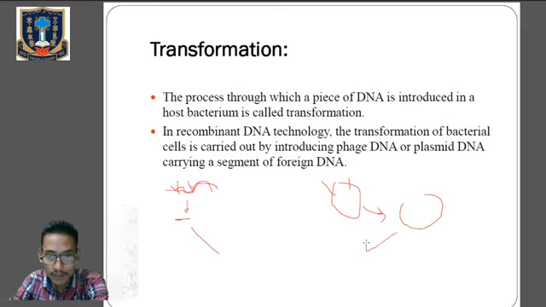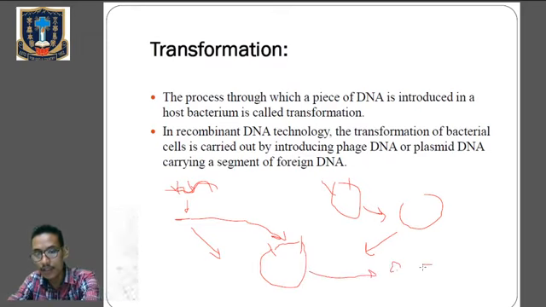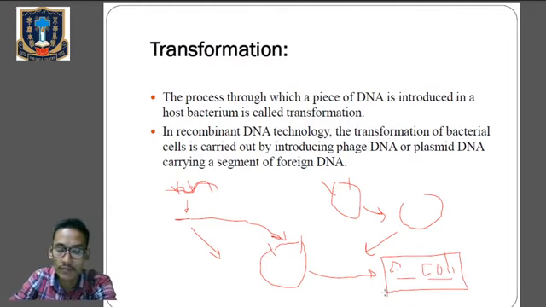We will simply put the segment of DNA into this cut portion of vector DNA. So this one is the foreign DNA having the gene of interest. This is called recombinant DNA, right? And when we put this DNA into the bacteria or E. coli cell, then these E. coli cells having this recombinant DNA will be known as transformed cells. It has undergone transformation. It contains the recombinant DNA having the gene of interest.